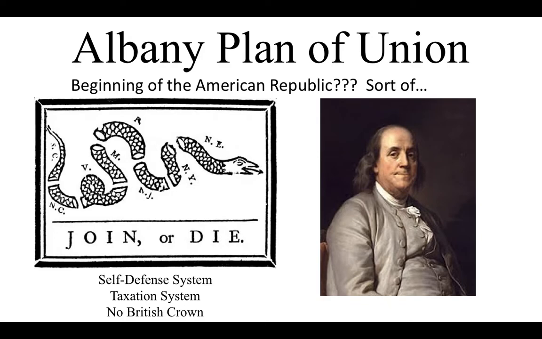Okay? And so they had this convention, this meeting in Albany, New York, right? And so at this meeting, what Benjamin Franklin proposed was that the colonies would basically unite, kind of create this